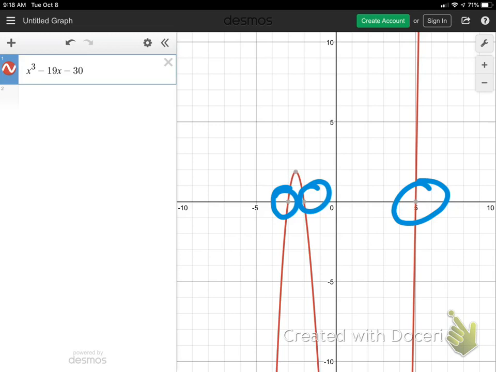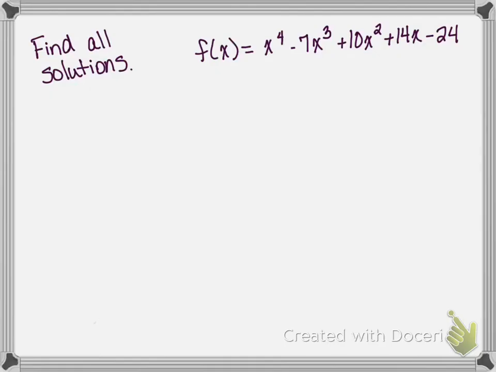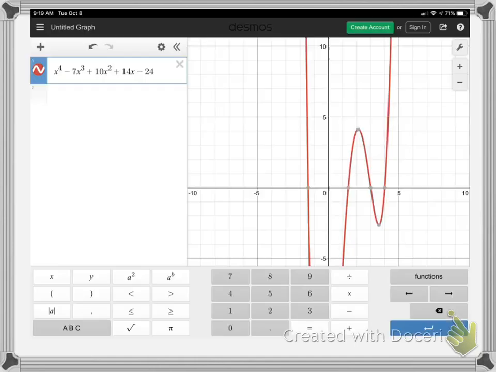Okay? Now, I want to do one more, and then I've got a problem on the board I'm going to do. Okay. So here I've got 5 terms. We can't factor 5 terms. And negative 24 has a whole bunch of factors. So if I take a peek at this graph,